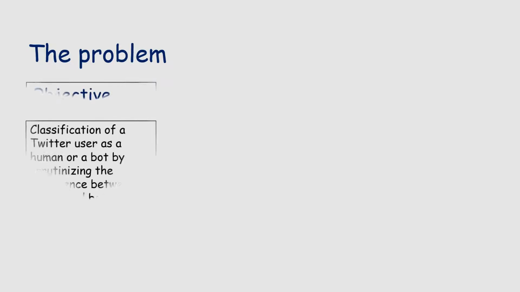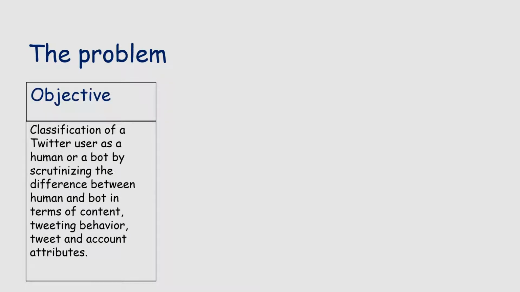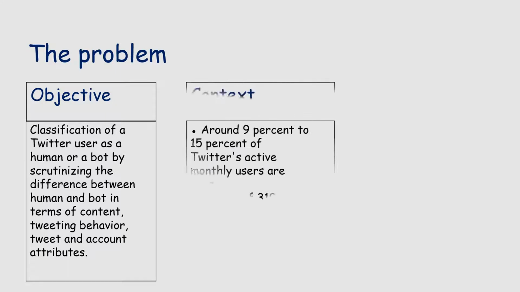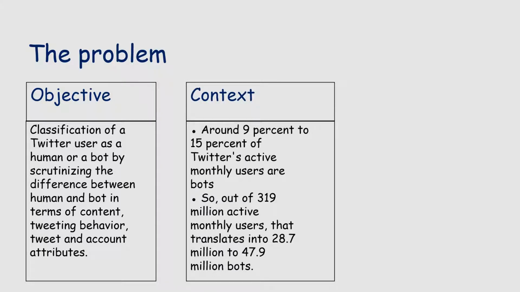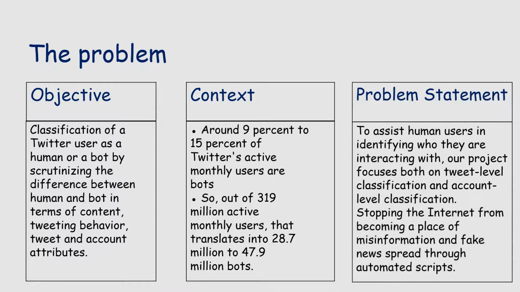Now the abstract of the problem has three parts. First is the objective, which is to classify whether an account is human or bot using various features. Second is the context. Now imagine 9% to 15% of Twitter's active monthly users are bots, which can make up to almost 50 million accounts. Now that is a worrying factor for all of us. Third is the problem statement. That is to assist human users in identifying who they are interacting with. And we will be focusing both on tweet level classification as well as account level classification. That will help stop the internet from becoming a place of misinformation and fake news spread through these